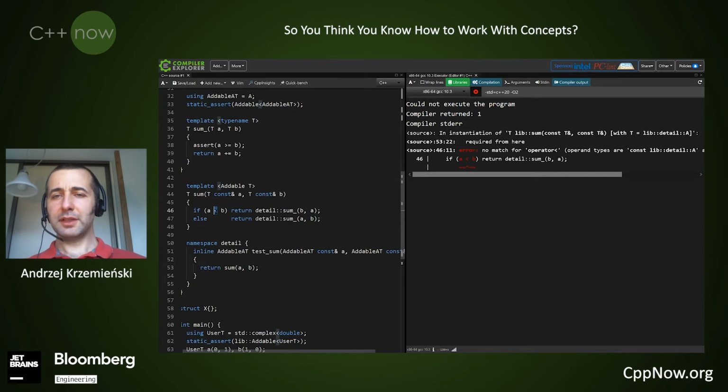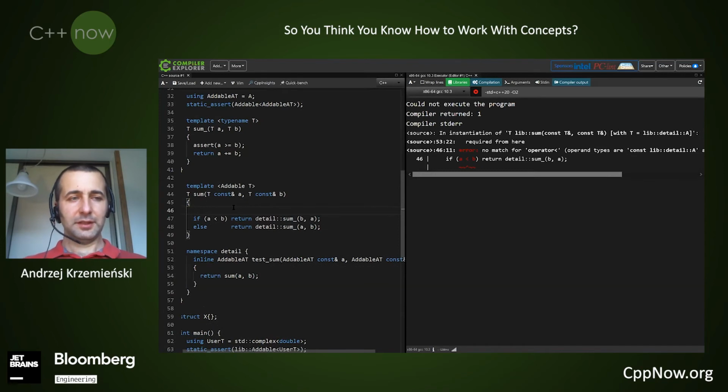But we don't even have to do that, because another thing that we can do is to use if constexpr. We can ask at compile time if our type T is additionally totally ordered.